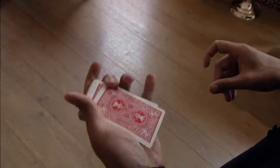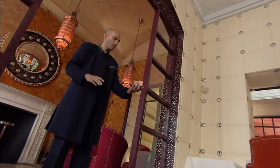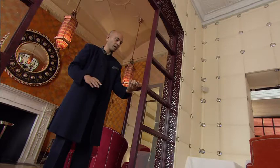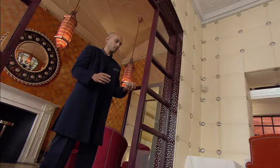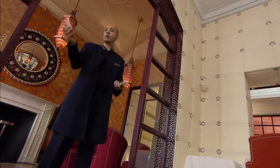You can't really slow it down, as with all these techniques. So the card's being dragged down, and you're instantly throwing it out. So this finger, the middle finger, is basically dragging a card over. The spin occurs because as it leaves your hand, this card is going to rotate in this way, I think. And the travel happens because there's movement going that way. Okay? So basically, you're doing this. That's the first technique I wanted to show you of getting a card to leave the deck and come back